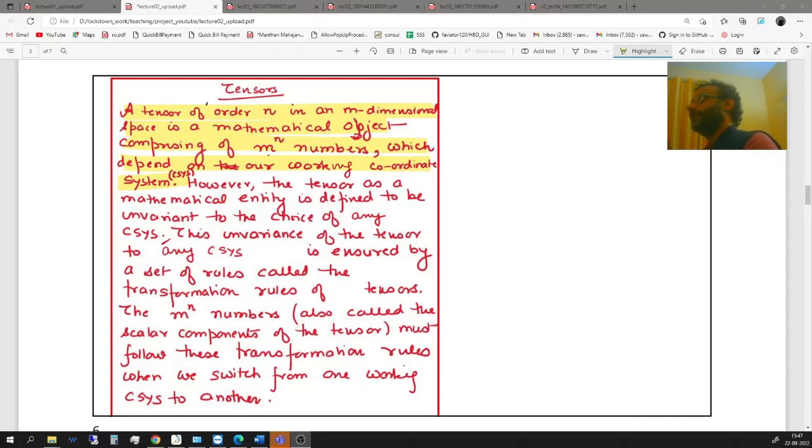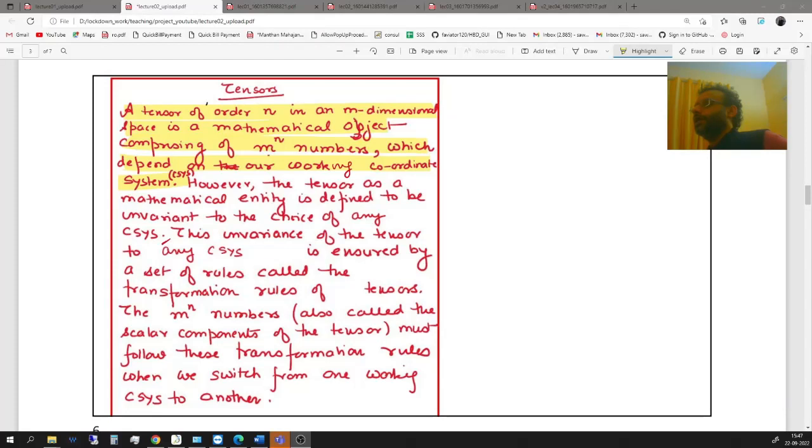However, note that the tensor as a mathematical entity is defined to be invariant to the choice of any coordinate system. This invariance of the tensor to any coordinate system is ensured by a set of rules which we call the transformation rules of